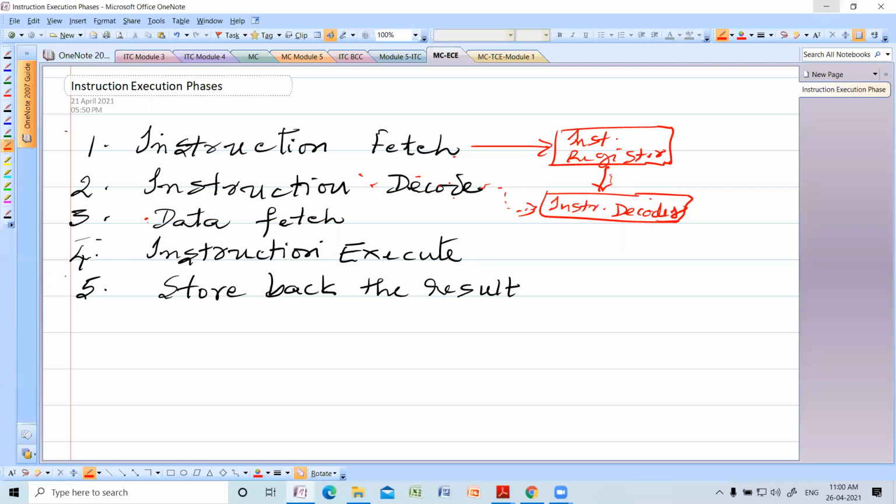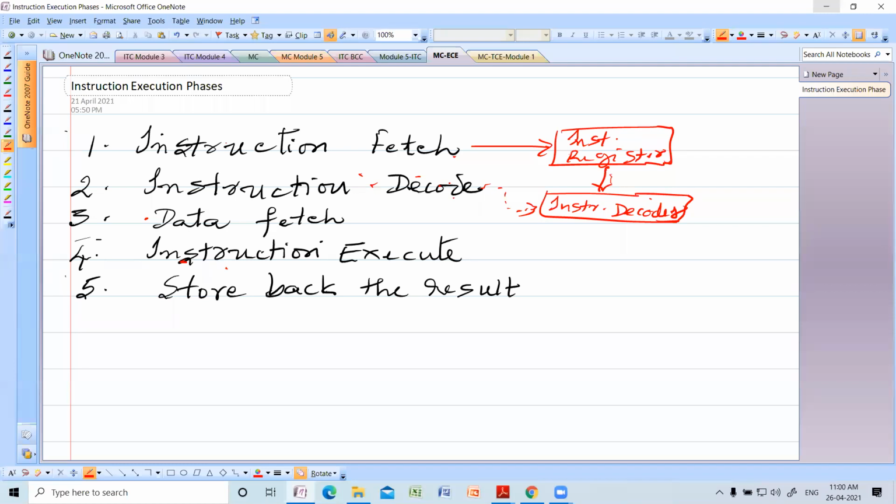So the question was whether the register used at the beginning and the last are the same. No, it cannot be the same. See, the instruction register is a different register. It is a register which is not accessible to the user. It is inside the processor, used by the processor to copy the instruction which has been fetched. Before it is transferred to the decoder, it will be kept there. It is a temporary buffer register.